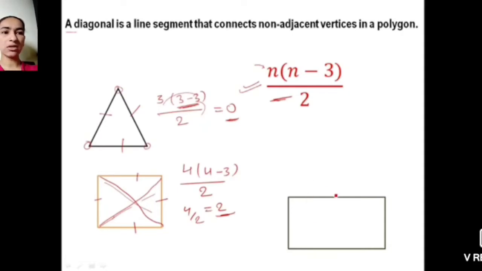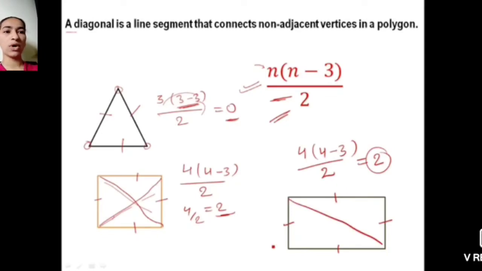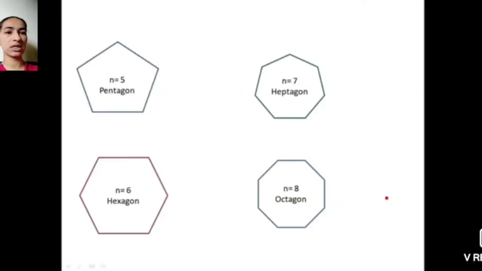In the rectangle also the same holds. Why? Because there are 4 line segments. So 4(4 minus 3) divided by 2. The answer will be the same. Yes students, understand how to find the diagonal. We have a formula. That formula is n(n minus 3) upon 2, where n is nothing but our number of line segments. In a square and in a rectangle the answer is the same. What happens if the sides are more than 4?